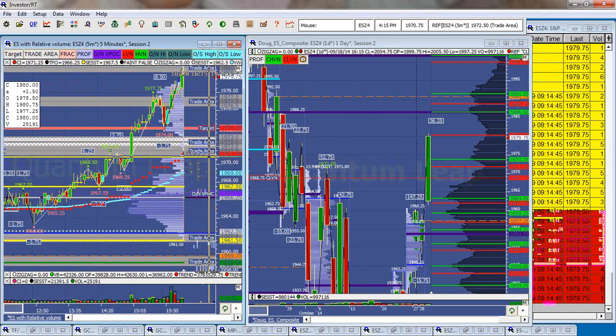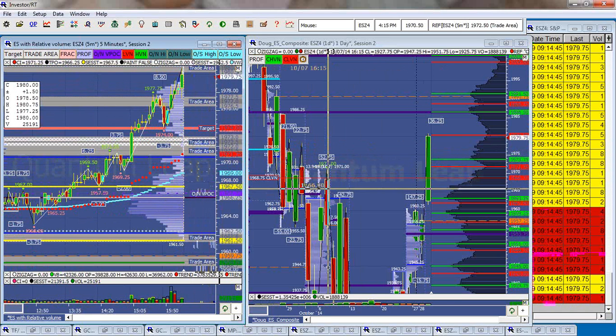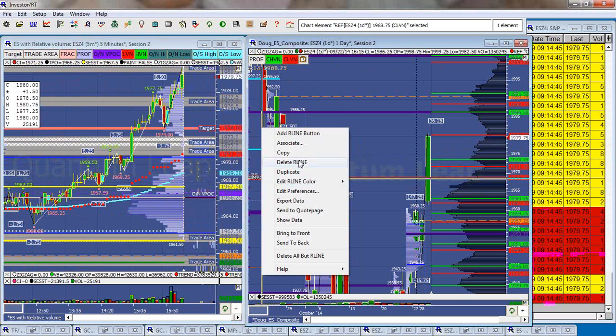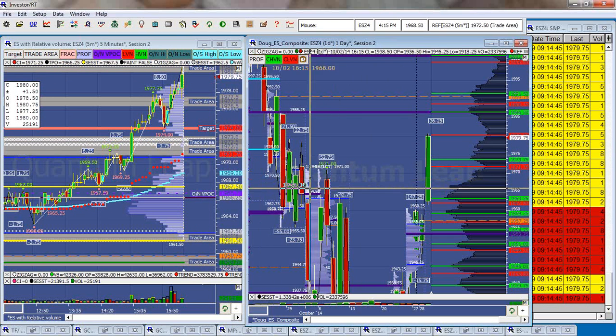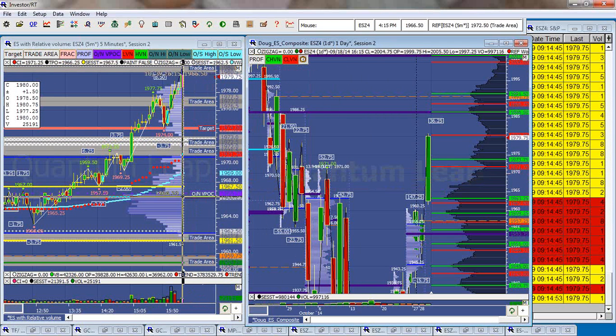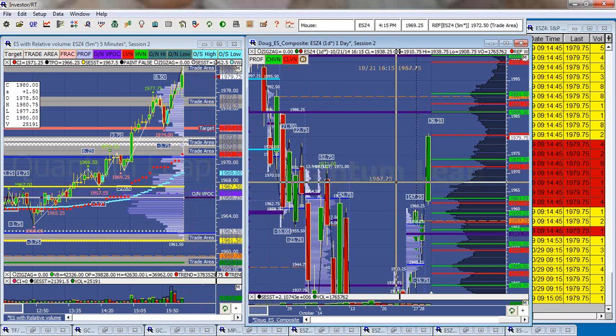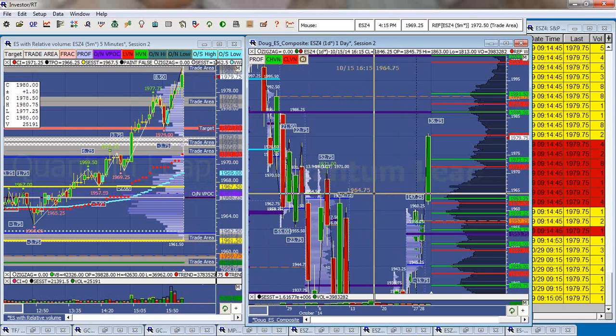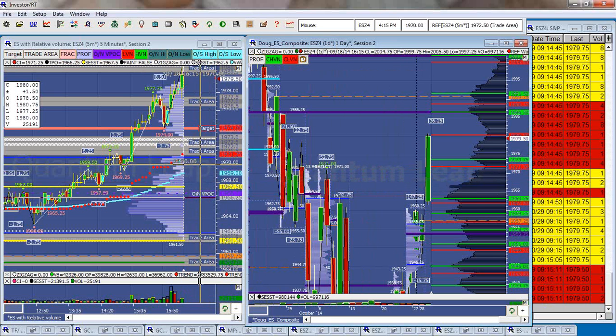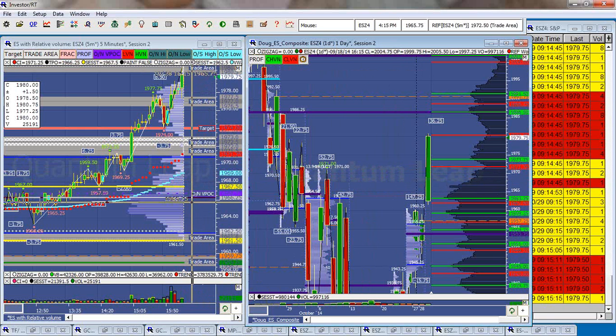Below here, if we get below that 71, this is no longer valid, so I'm going to take this out right here, the 68. The first target I'd be targeting, and I think that's the target you've got to look for, you could use the 69.75. There's the LDN right here, but you know what? Yeah, I think if we get back inside of value, we'll get a bigger move down. I really think the target's going to be down here.